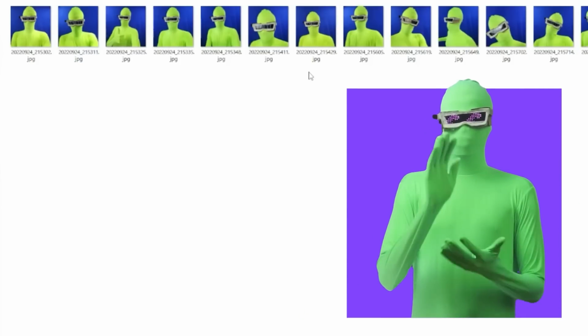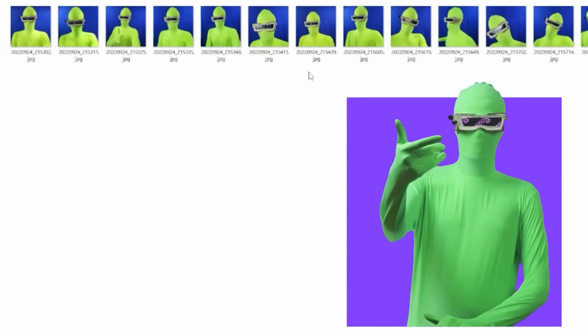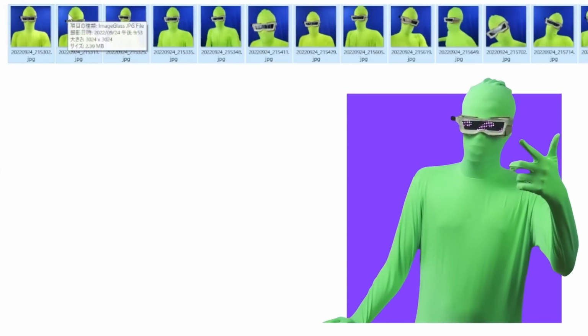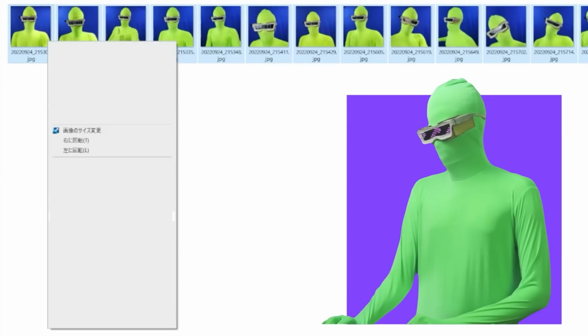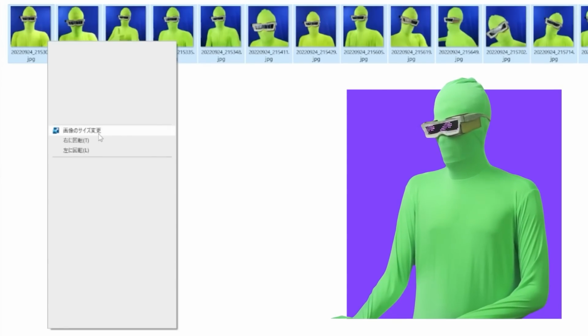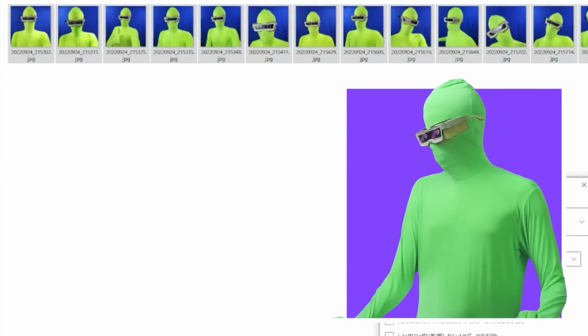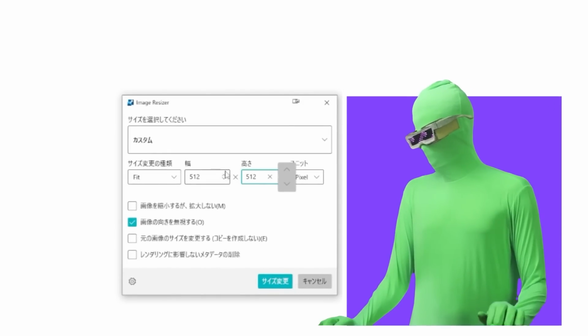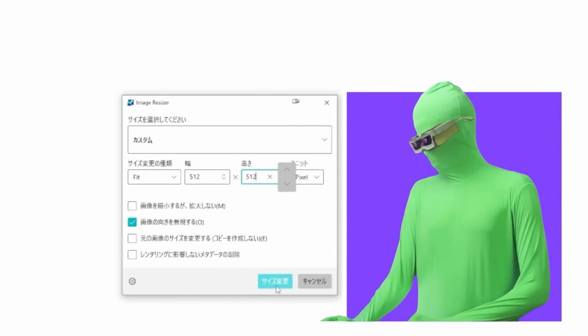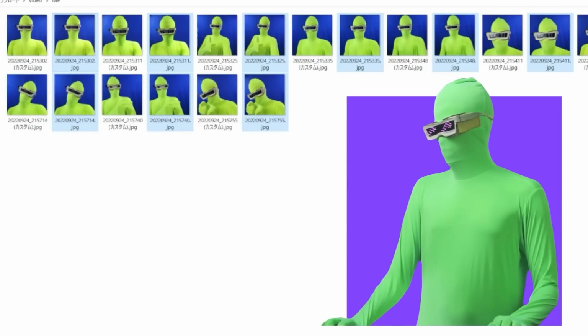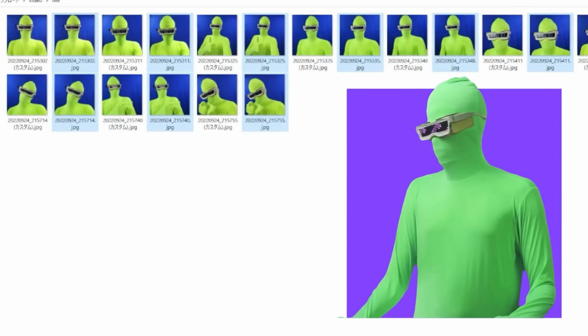If you want to do that, you can install Microsoft PowerToys. It comes with an image resizer. Once it's installed, come here, highlight all the images, and assuming you installed PowerToys, right click, and it should be here in whatever language you speak. You just want to click resize, and it'll show a menu here, and you want to set this to 512 by 512. These are the sizes here, and then you simply resize, and it will generate a bunch of new images in the folder. So I'm actually just going to remove the original images from the folder.